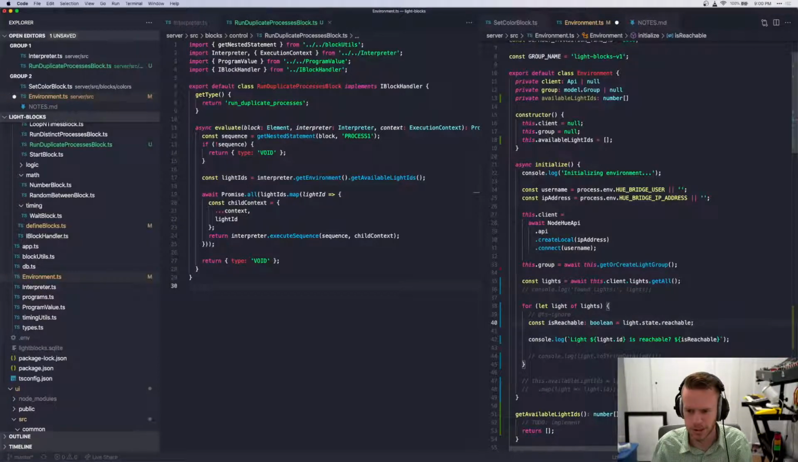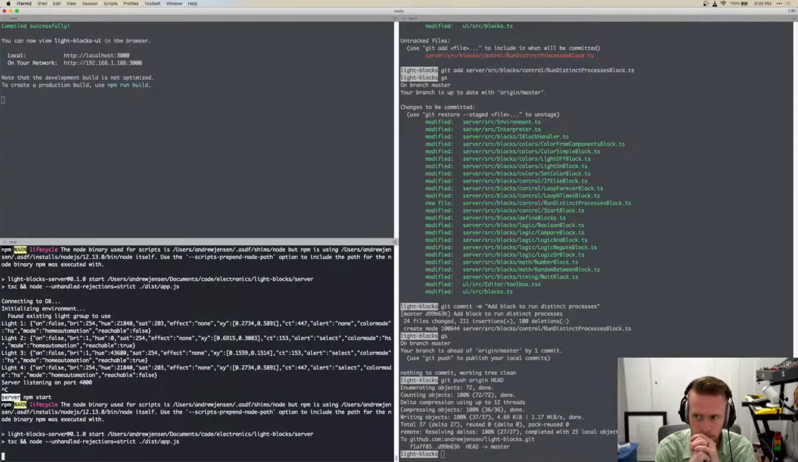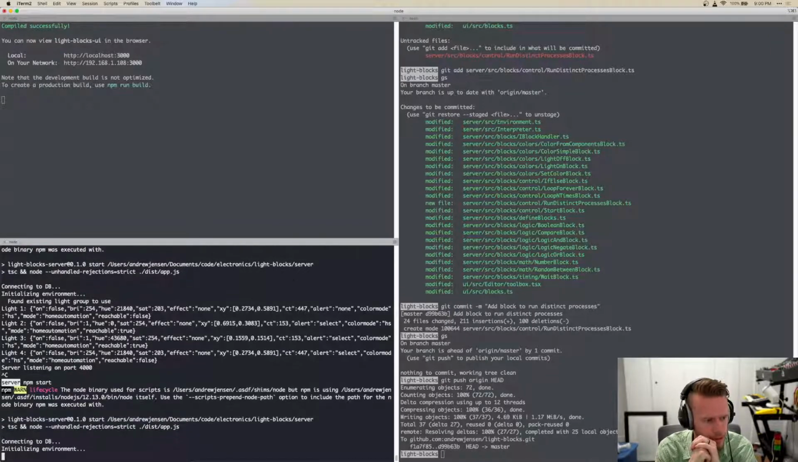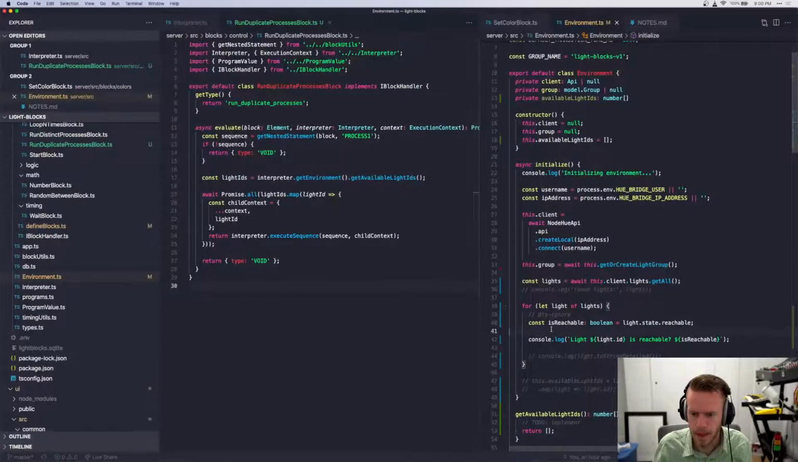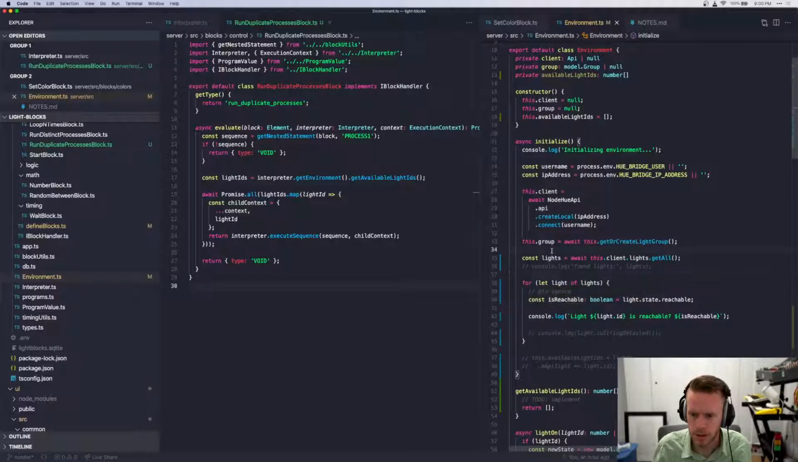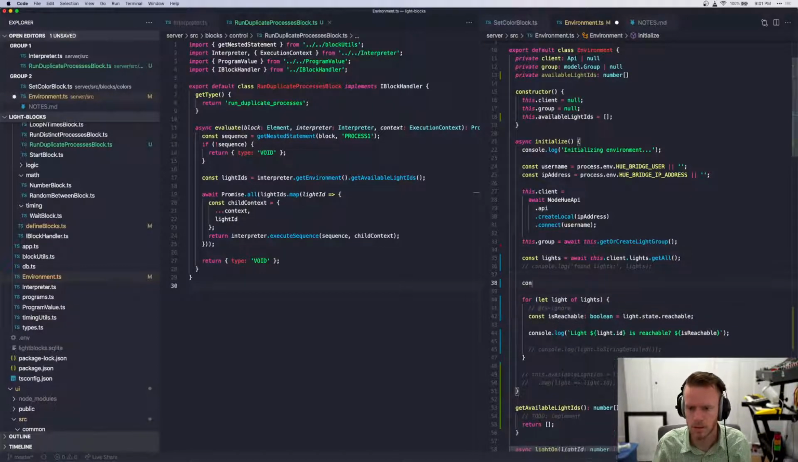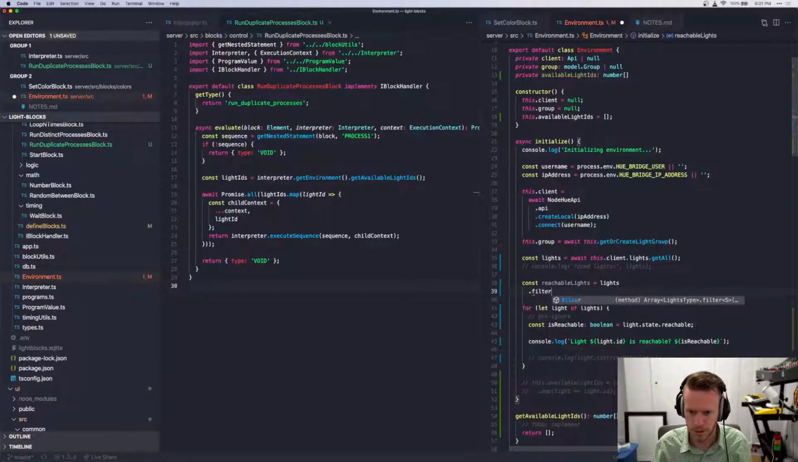Oh, and guess what? This is actually light.state.reachable. All right, but we're getting real close. False, true, true, false. Yes, that is what I expected. Okay. So now we should be able to say lights dot filter, whoops, dot filter